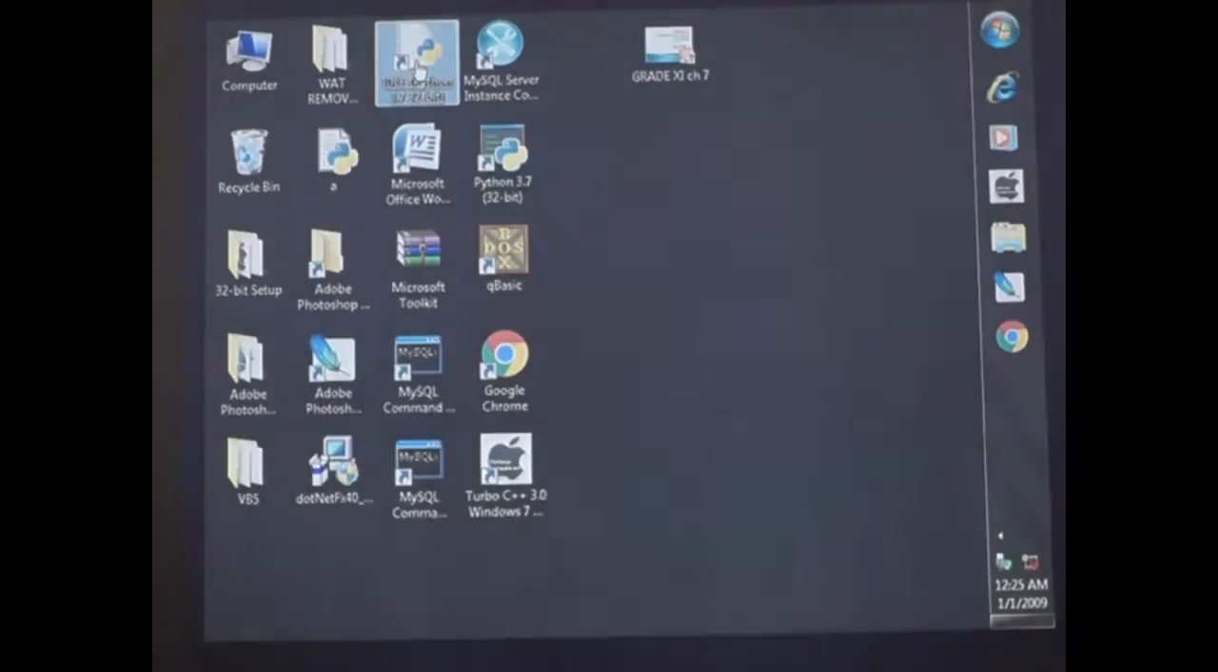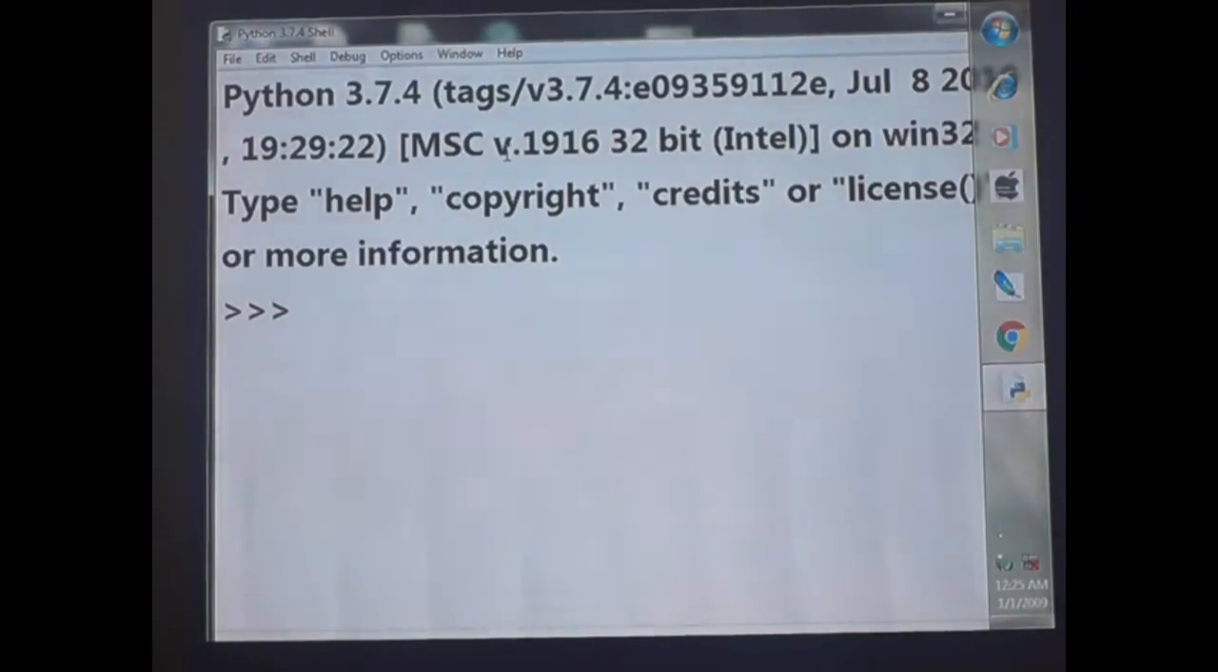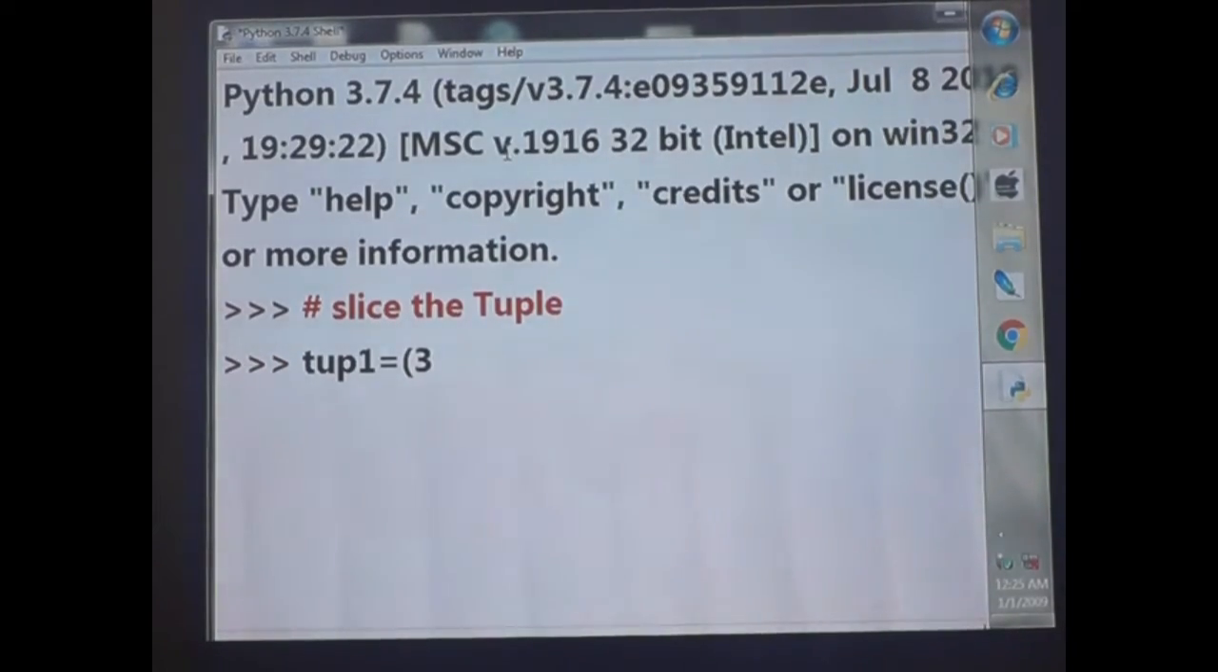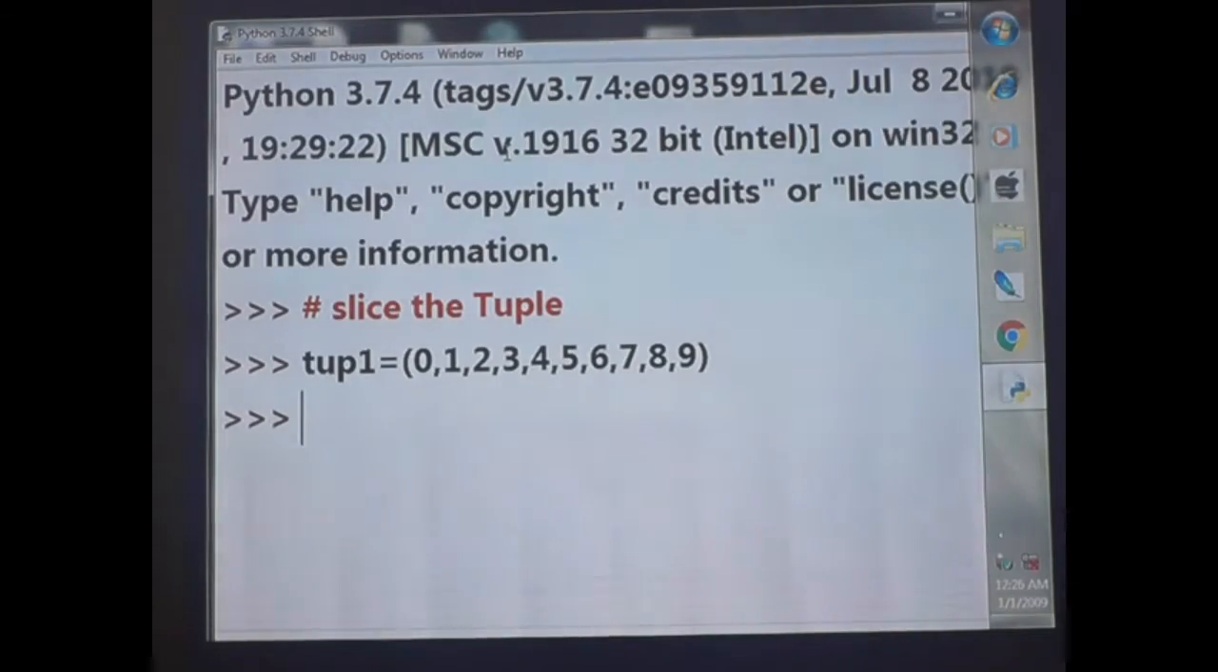Okay. Shall I open the new window? Now I am going to teach you how to slice the tuple. Okay. Fine. How to slice it? First of all, tup1 is equal to, I have to give the numbers, any number I can give. For example, 33, 44, any number. I am just giving 0, 1, 2, 3, 4, 5, 6, 7, 8, 9. Okay, fine. Now, if I give print